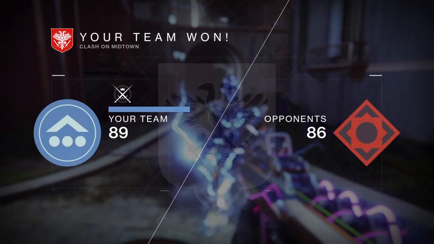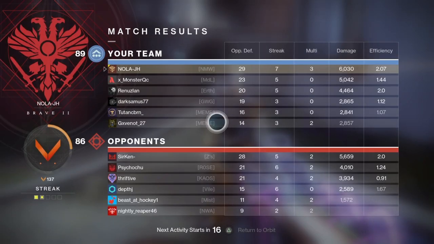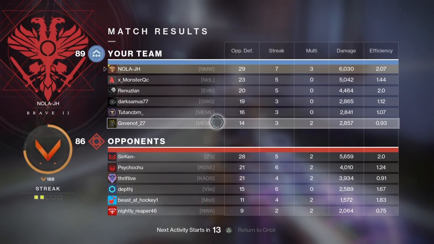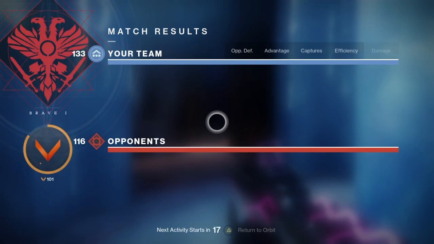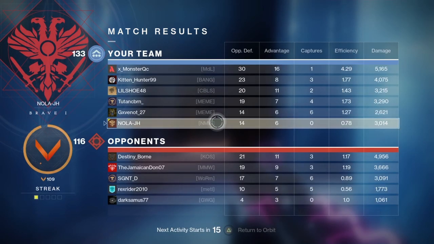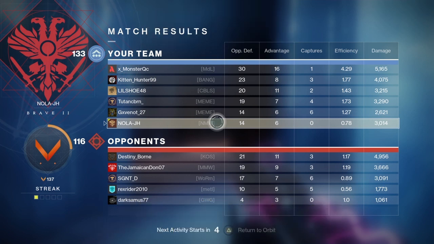So this was game 2, and it was a really good game. You'll see if it was good enough. I got 29 kills with a 2.07 efficiency. But unfortunately, the first game was just too bad. It was my first Crucible game with this weapon, and I did horrible. 14 kills with a .78 efficiency really threw the whole thing off. Only finishing with 43 kills and a 1.43. So it ends up losing by 13 kills and about half a kill in efficiency, which after using it isn't